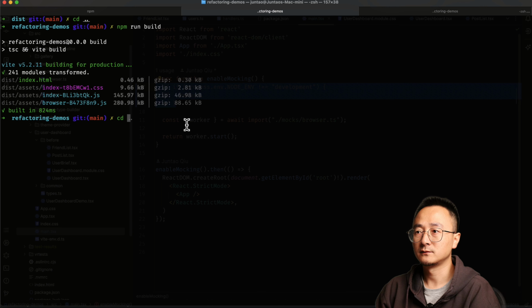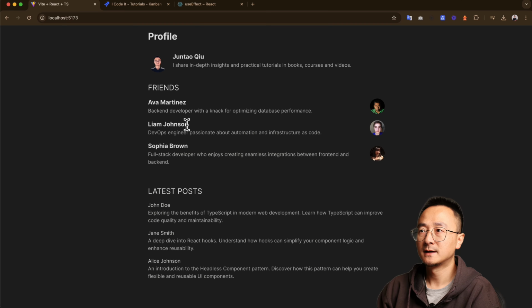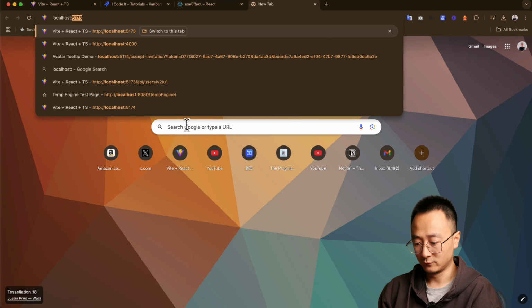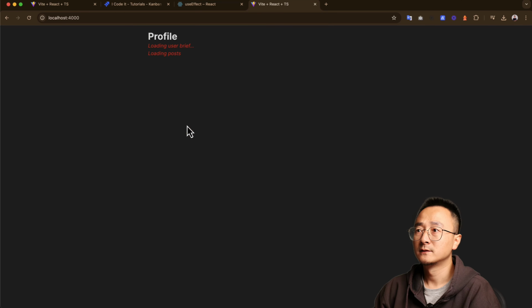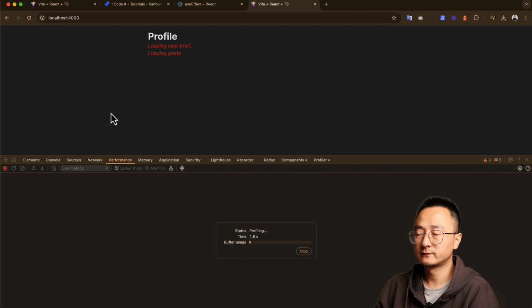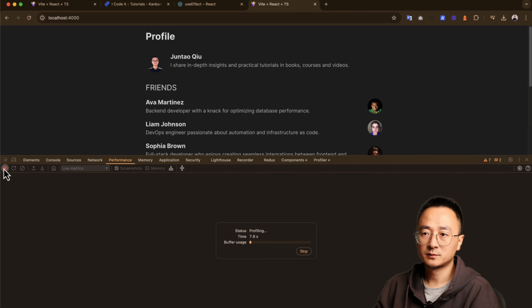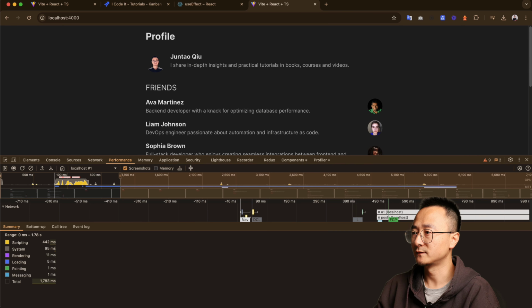And if I go to the dist and start the server at this port, 4000, and let's do that 4000. So now we can see that again here. Actually, let me make a performance record here. Record, refresh, and when I see all the results, I will stop recording, and we can see it more clearly